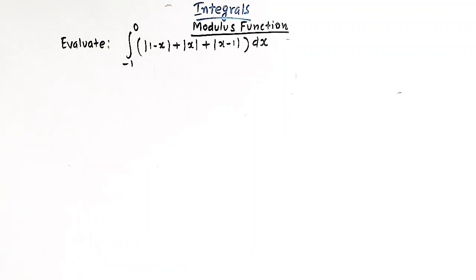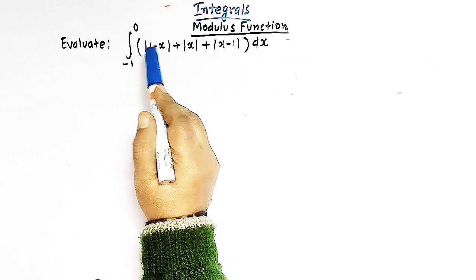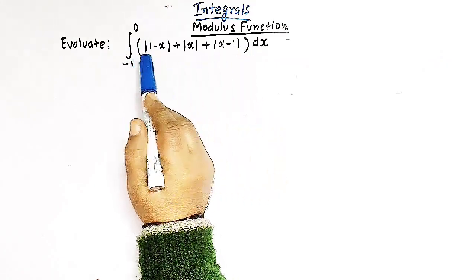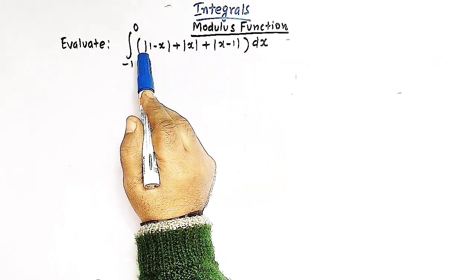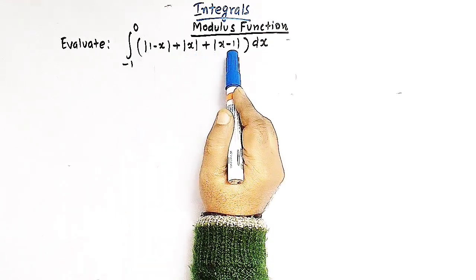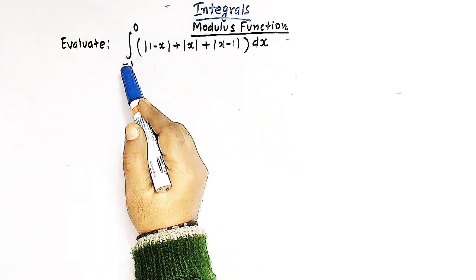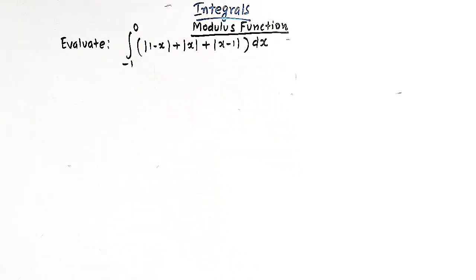Hello viewers, in today's session we are going to discuss an important conceptual problem from integrals involving the modulus function. Here we have to evaluate this integral from -1 to 0, and the integrand is the sum of three mod functions, that is mod of 1 minus x, then mod of x and mod of x minus 1, right? So now in order to evaluate this integral, we have to make use of the concept of